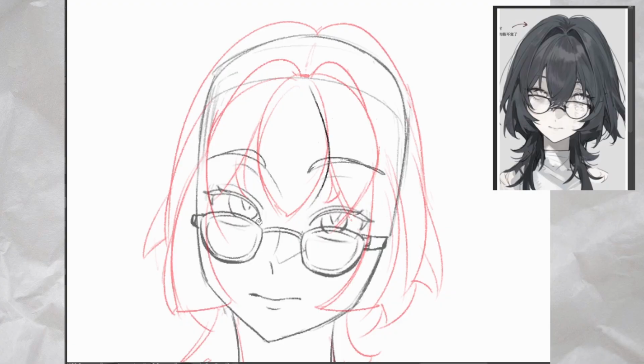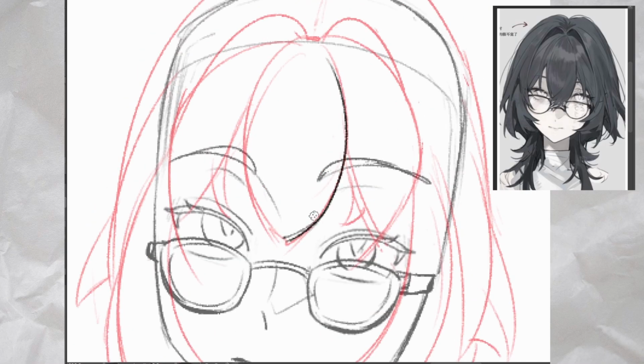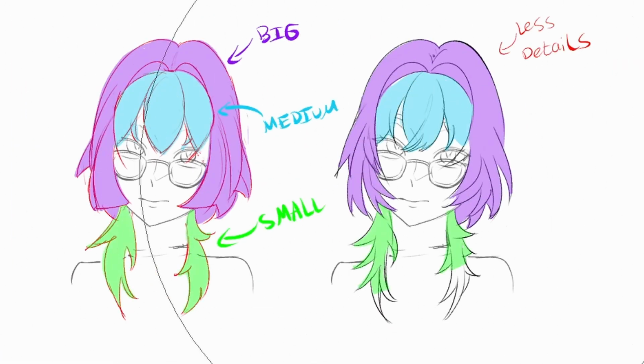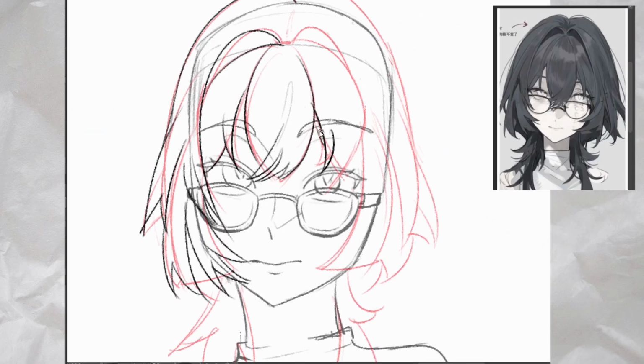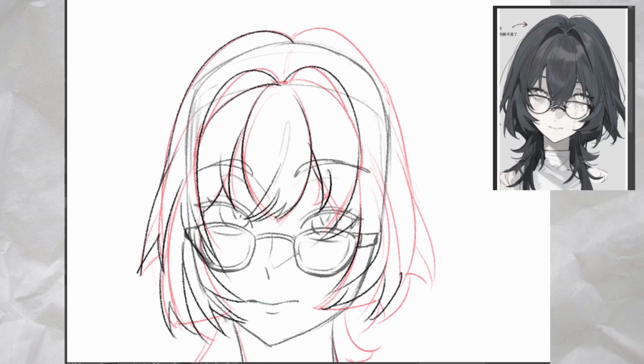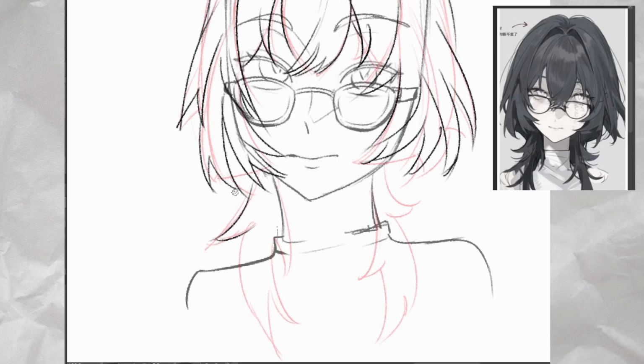This is a classic design principle. You start with big shapes, you break them into medium ones, and then add small details. In hair, that means choosing where the most detail goes. For example, maybe the front bangs have lots of intricate lines and shading, while the top or back of the head stays simplified. This creates a visual hierarchy. Your viewer's eye will naturally go to the most detailed part first, and the simpler areas help keep the design